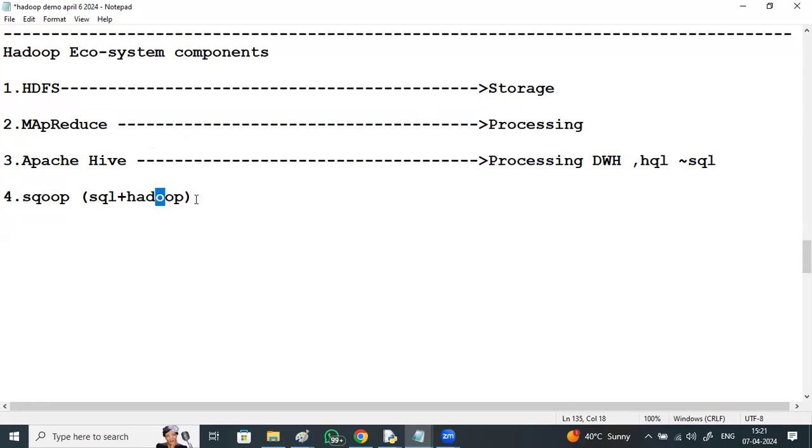It is used for import or export operations: importing data from databases to Hadoop, and exporting the result data from Hadoop to databases after processing. During import operations from databases into the Hadoop environment, you can perform many operations like merging, grouping, and sorting.